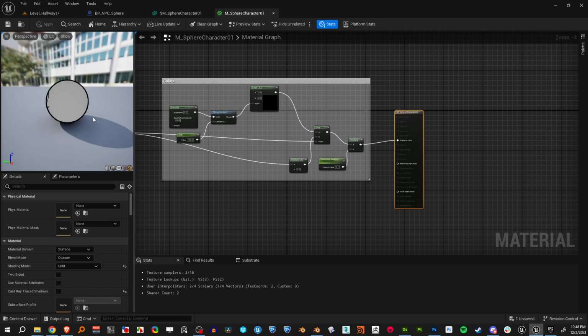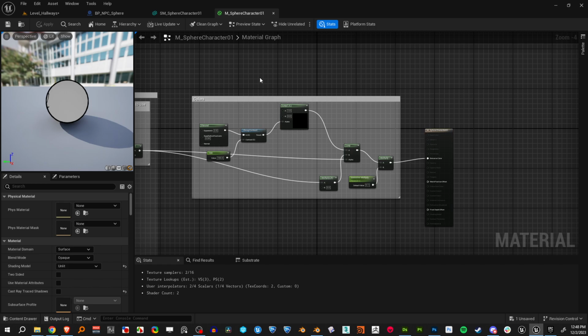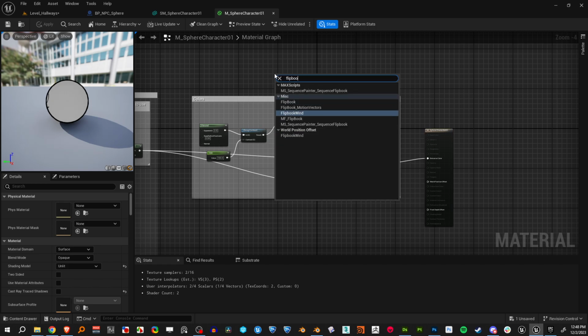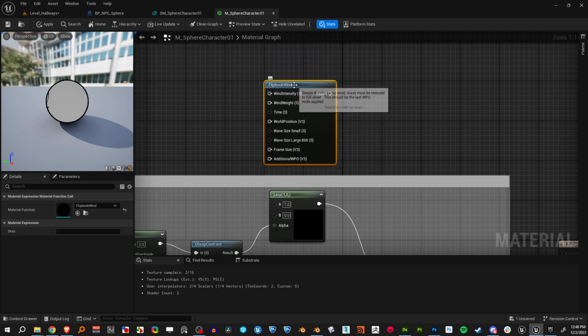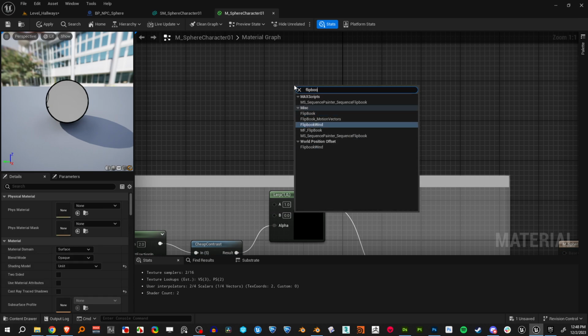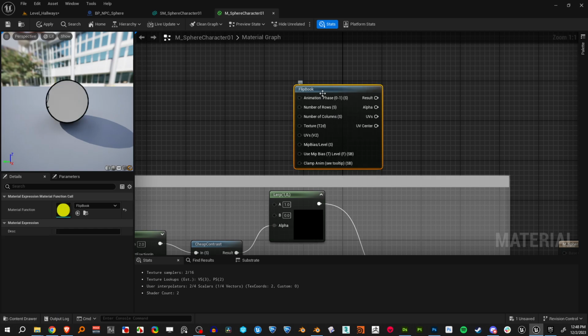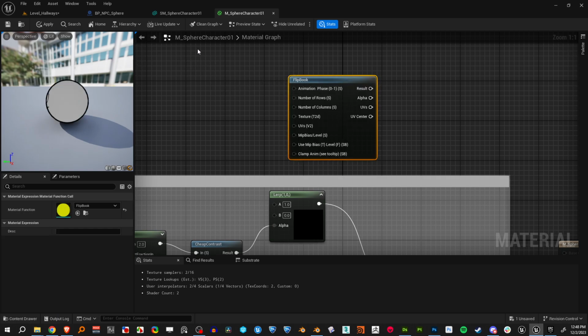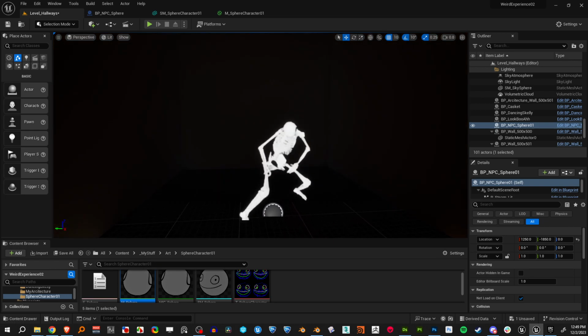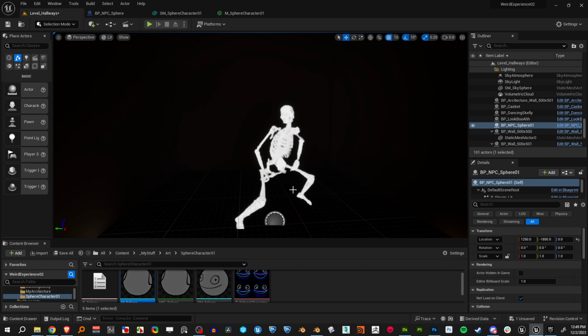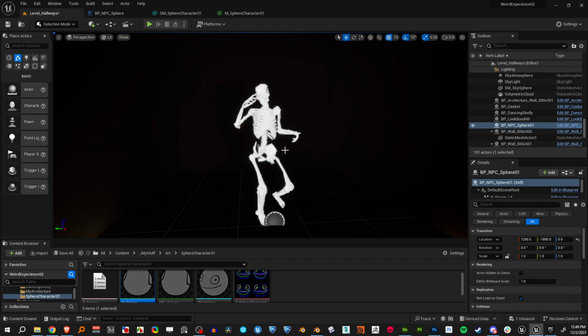I just copied and pasted a Flipbook node. So I just did right click, Flipbook. Oops, Flipbook wind. I don't know what that is. Oh, wind. Flipbook. So I just did this Flipbook thing, which in the material will just treat it like this. So if I've got a GIF and I just want it to play as a material instead of like Unreal Engine's